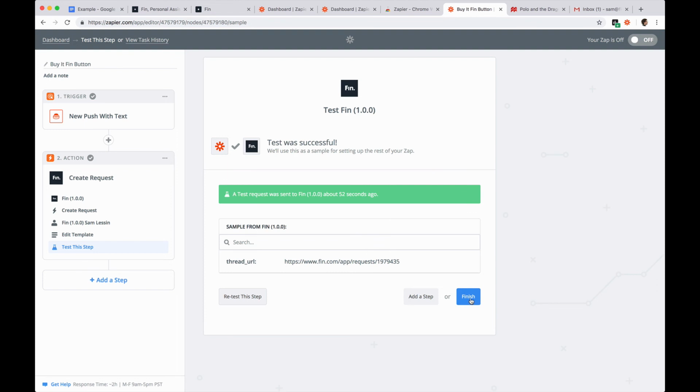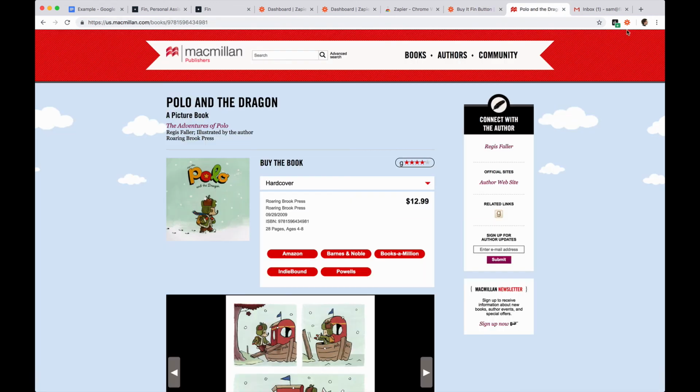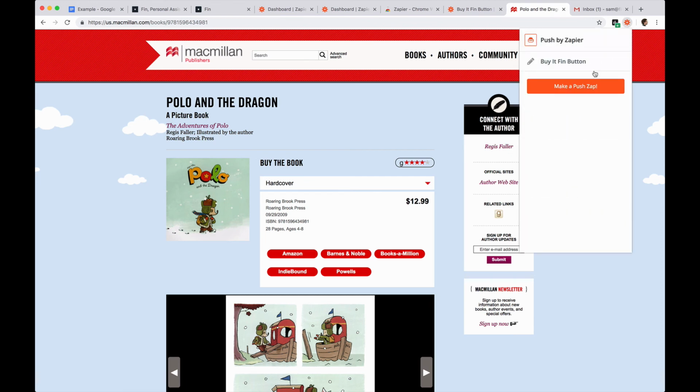So what I'm gonna do is hit finish, and I'm gonna turn my Zap on. Great. Now the Zap is on. Let's go back to Polo and the Dragon. So I'm going to go to Polo and the Dragon here. I'm going to click my Zap button. There it is, Buy it Fin button. I'm going to do that and say one copy, send to office, send,